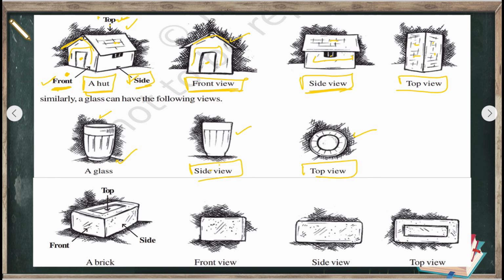In a similar way, now we have this brick. Again, its three faces are given. We have the front view, side view and the top view. So again, using your imagination, if you look at it from the front side, it will appear just like a rectangle. And if you look from the side, it will appear like again a rectangle but slightly longer. And from the top, you will see one rectangle and another rectangle inside of it. So you will be given a certain object, use your imagination to draw its different views.